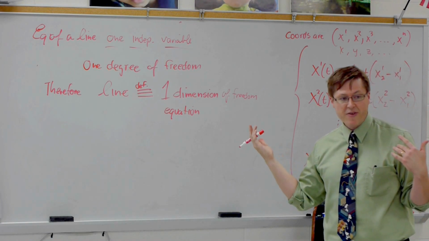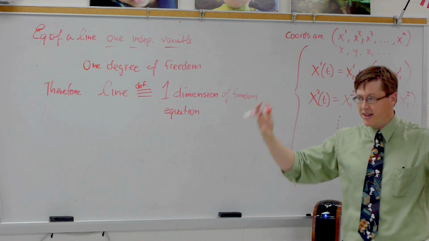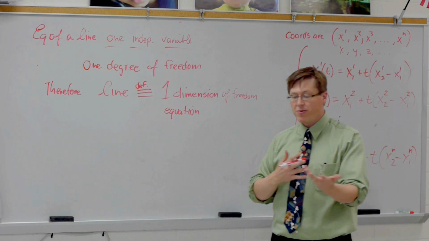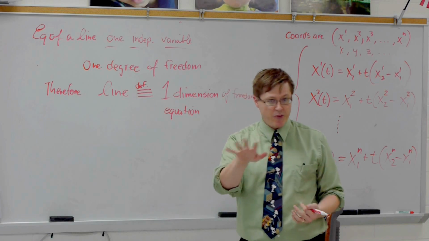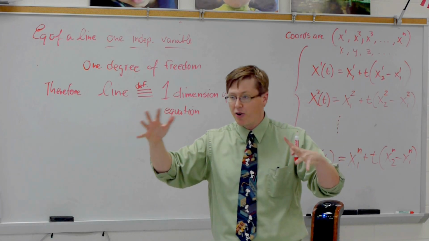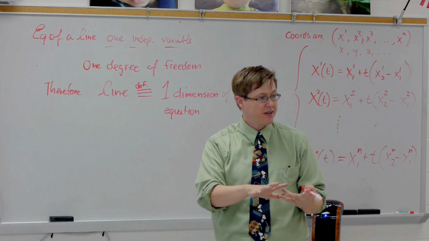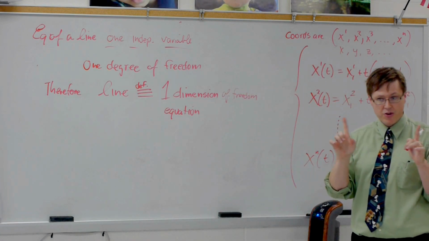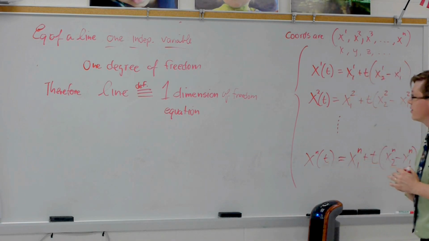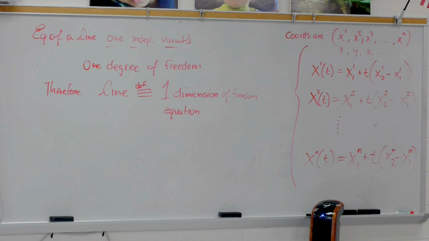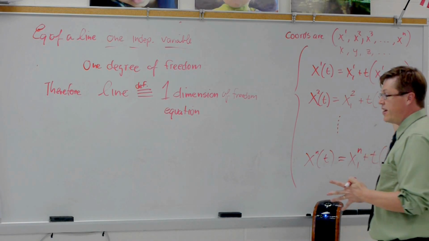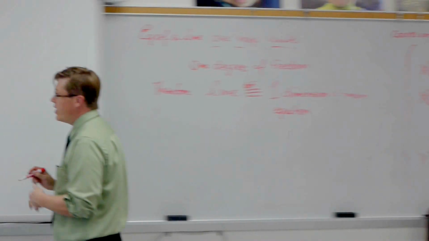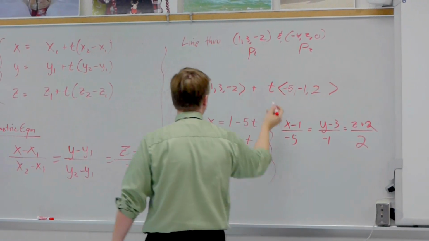So, using this definition, how could I define a plane in higher dimensional space? Yeah, as long as you have 2 degrees of freedom, if you can change x and y, that's going to be a plane. Or actually, it'll be some kind of surface. It doesn't necessarily have to be flat, but some kind of surface in however many dimensions you're in. 2 degrees of freedom. So that's the equation of a line in higher dimensional space and a 3D example. Now let's look at Mohini's question. What's the slope